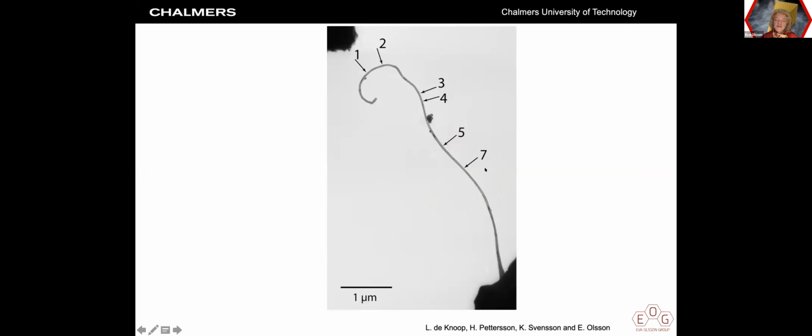Another nice feature is that if we take an example of a carbon nanotube, and we can see a fairly long carbon nanotube here, what we want to do is to use this manipulator and make contact at different positions along the carbon nanotube. And we can understand that it's easy to reach these two positions, but the question is, what do we do with these positions out here on the side, having this geometry of